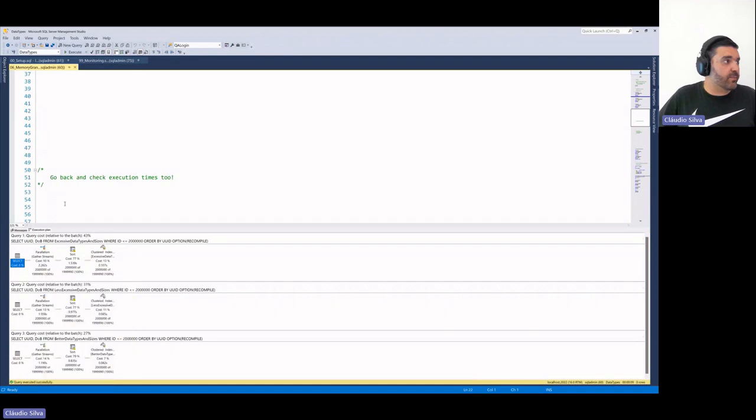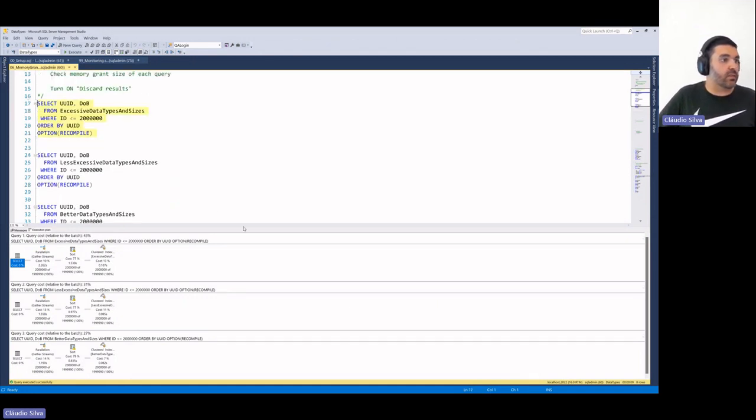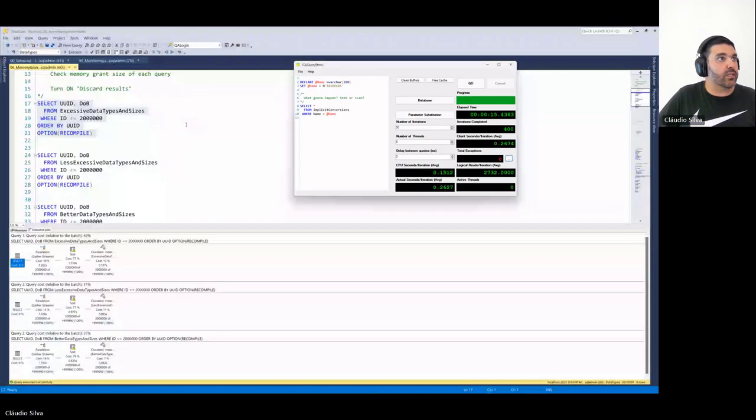So we already saw the times. Now let's see what happens when we run this, and let's pick our excessive data types and put it here on top. In this case, I will just say that I want to run one iteration, one run spread on 6 threads.